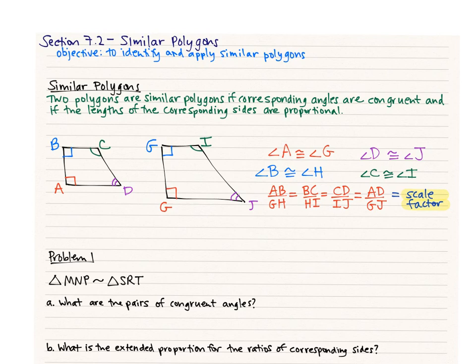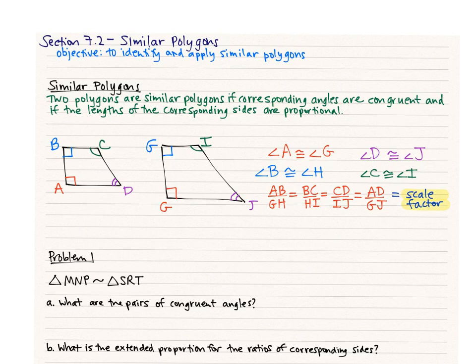This is the video lesson for section 7.2, similar polygons, geometry. The objective here is to identify and apply similar polygons. So two polygons are similar polygons if corresponding angles are congruent and if the lengths of the corresponding sides are proportional. So you can see here in this picture we have a polygon, quadrilateral, and another polygon, and they have